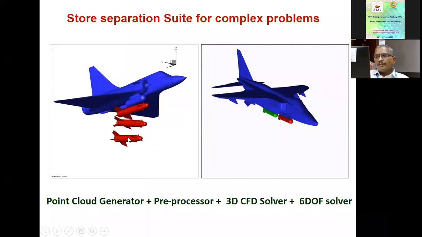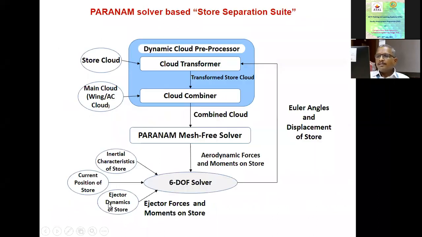Once the body, for example here on the left side, you can see it has moved from position T0 to some next position. The movement from T0 to T1 is based upon the solution from the previous time step. Once you reach a new position, then again the aerodynamics change. So you have to again generate a cloud of points for this combination of the parent aircraft and the new body. That means you have to go back to the point cloud generator tool. All this is explained in the store separation suite as shown here. So briefly, I'll just tell you what this is. You have one portion where you generate the cloud of points.